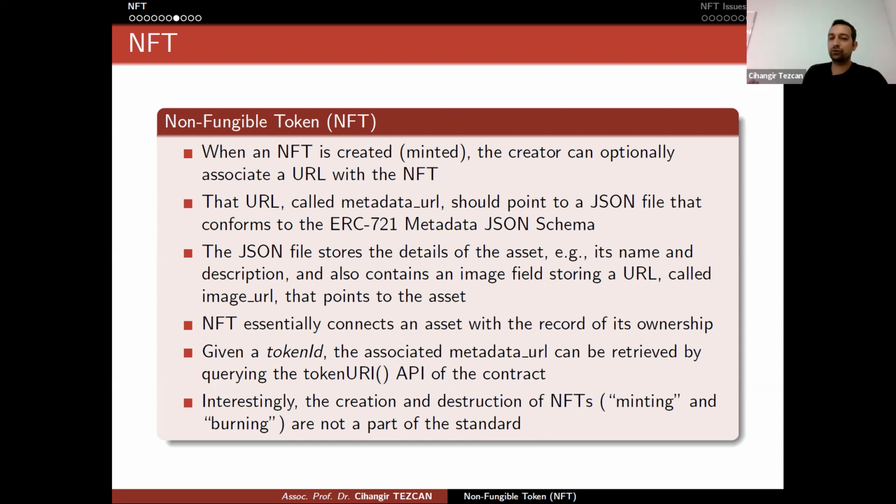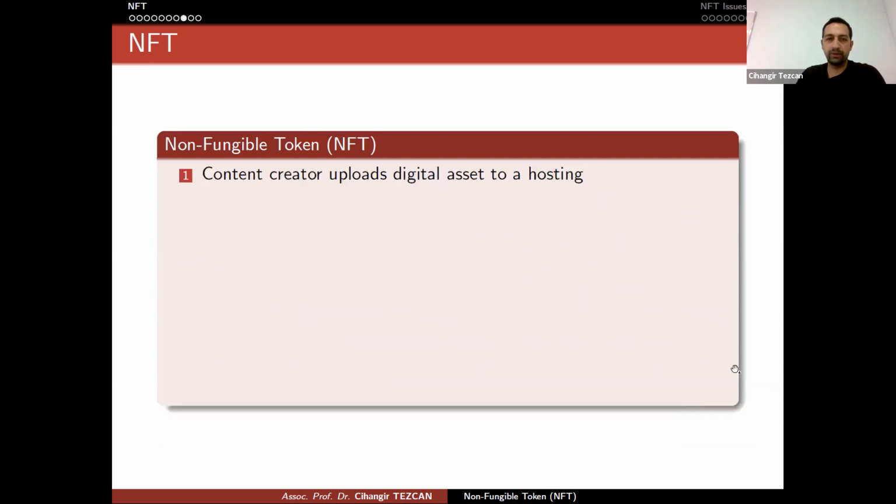So an easier solution would be storing the hash of the file itself on the blockchain, so that in the future, if the file is lost, you can say that this was the file that I bought, by showing that its hash is also included in the blockchain. So this is the bizarre thing. They haven't included it in the standard. So the standard actually misses a lot of points here. And during the next talk, when I talk about the issues in NFTs, I will mention all of these, and I will talk more on the subject.